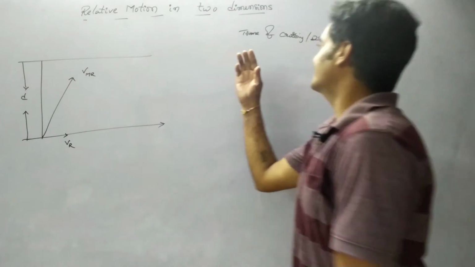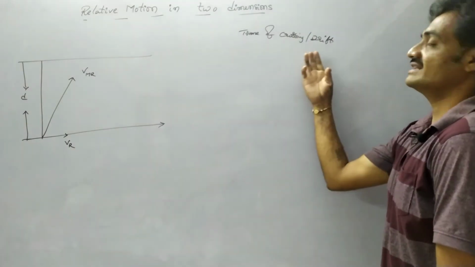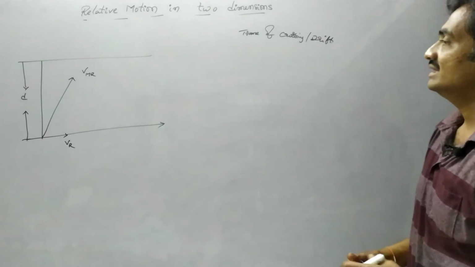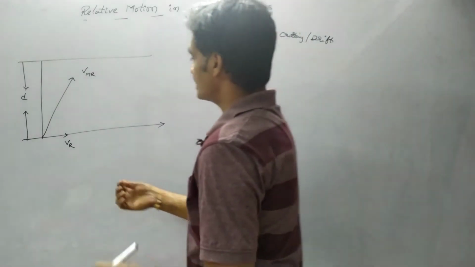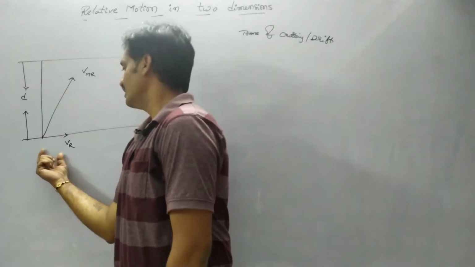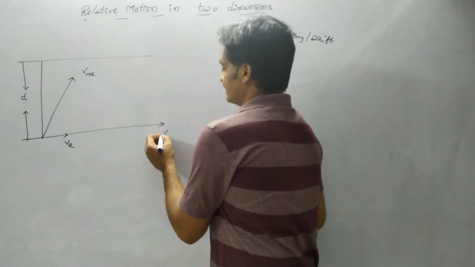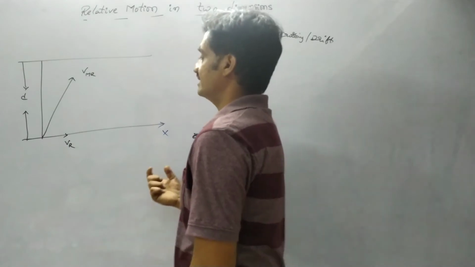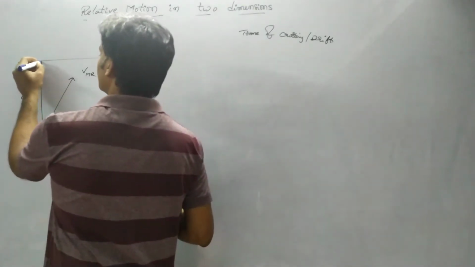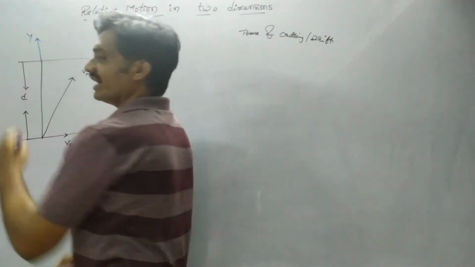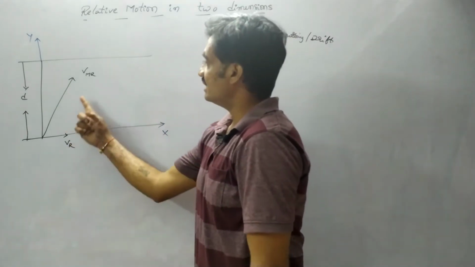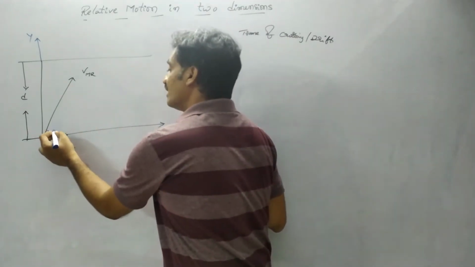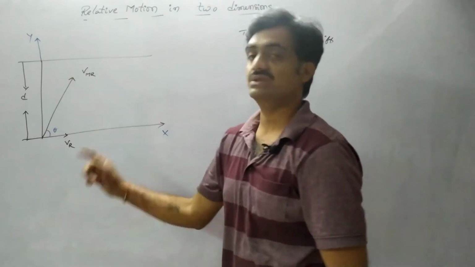Now we are going to discuss the time of crossing the river as well as the drift taken by the man in order to cross the river. To solve this, we consider the river bed as the x-axis. The velocity of the river is represented along the x-axis and the width of the river is represented along the y-axis. Observe that the velocity of the man with respect to river makes an angle of theta with respect to horizontal.